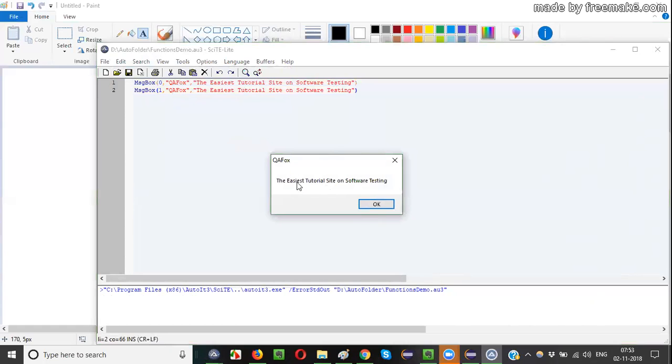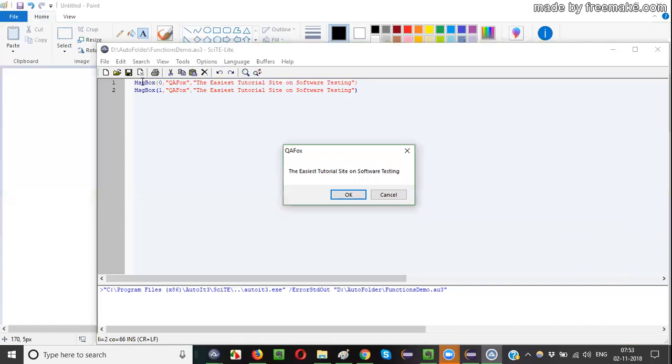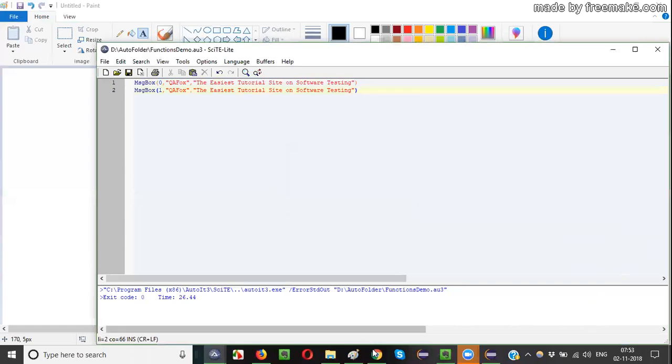It's QFox title, and the easiest tutorial site on software testing has come with an OK button. After you press OK, you get another dialog for the second line, where the flag is set to 1. Since the flag is set to 1, you got 2 buttons here, OK and Cancel. Again, the title is QFox and the text is the easiest tutorial site on software testing.